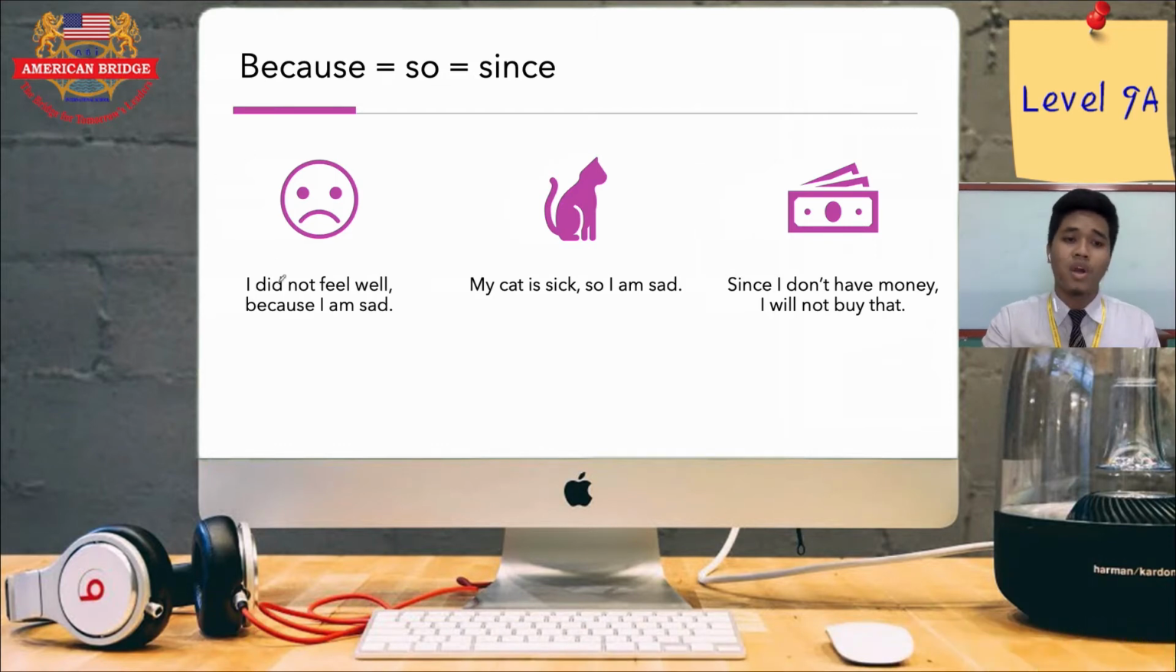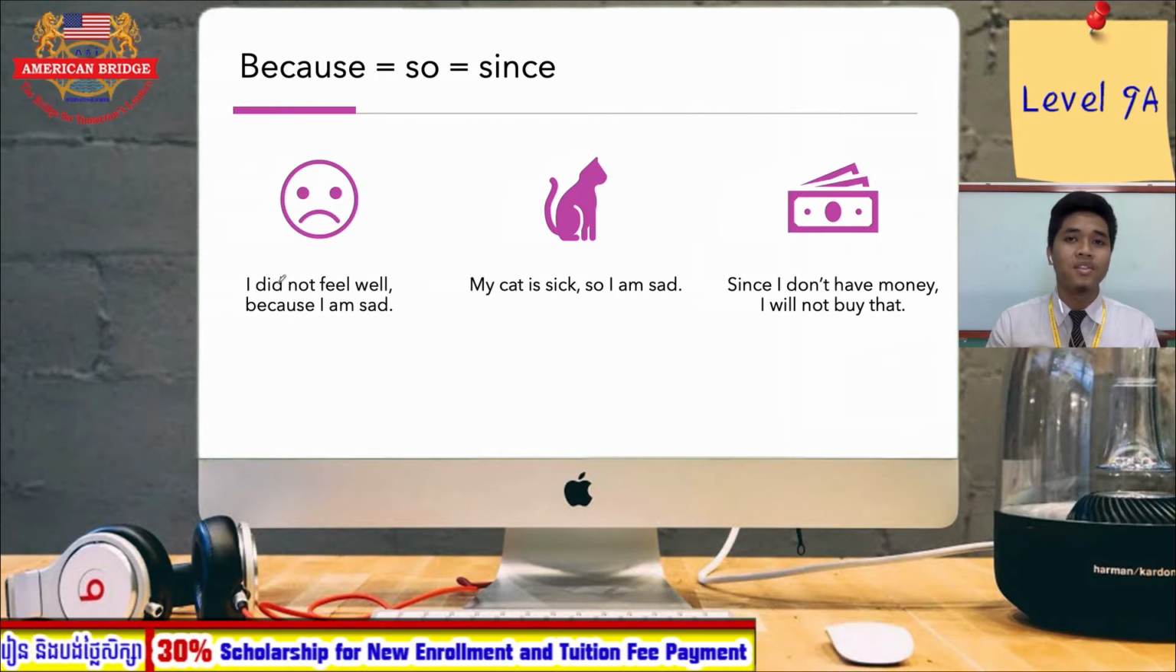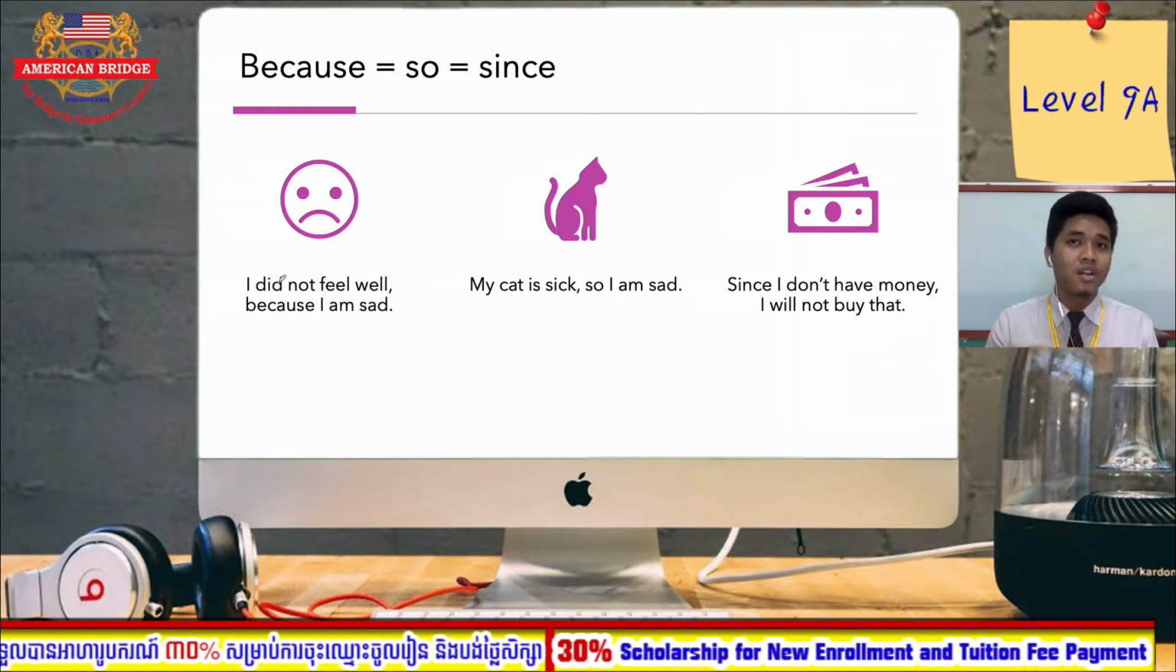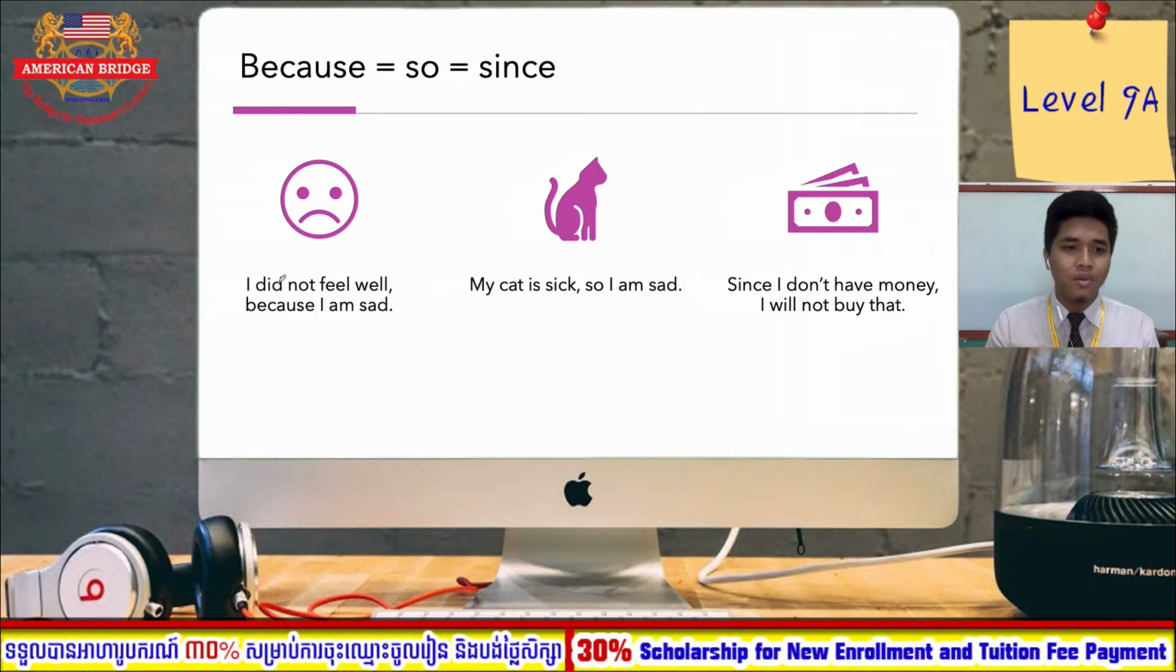I did not feel well because I am sad. So because gives you the reason, which is the cause. So I did not feel well is the result. Why did you not feel well? What caused you to not feel well? Because I am sad. So the words because, so, and since are all used to signal